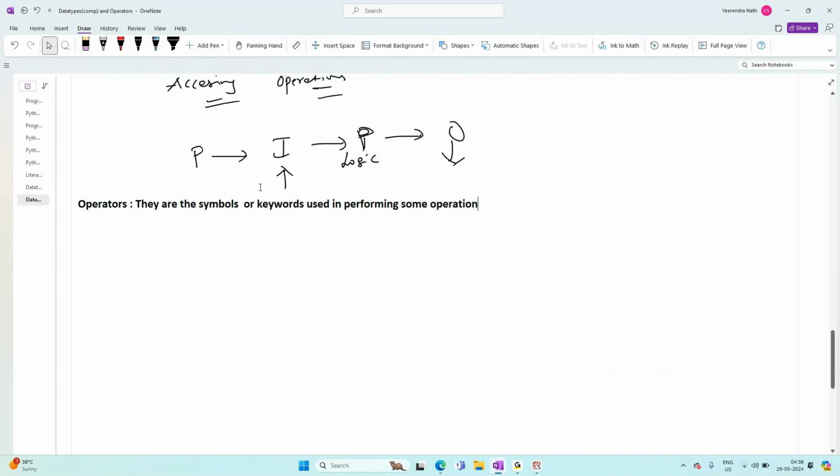Performing some operation. So these are the symbols or the keywords used in performing some operation. Okay, so in Python we have various operators. I'll be giving you only the useful ones, and I'll not be going for the ones which are not going to be useful. So, arithmetic,